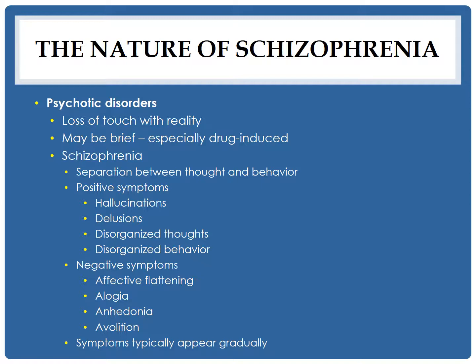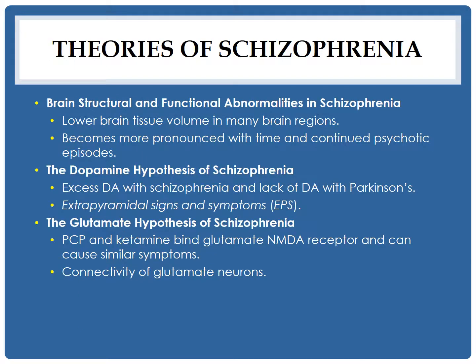And there's certainly some genetic involvement, but there's no one schizophrenia gene, and it's likely an interplay of several genes as well as environmental factors can contribute to this. There are several different theories of schizophrenia and some data to support these different theories. So first is the brain structural and functional abnormalities. The people with schizophrenia have less brain tissue. The volume of their brain is lower in up to 50 different brain regions, and that includes several different areas of the brain. Those are listed in the book.